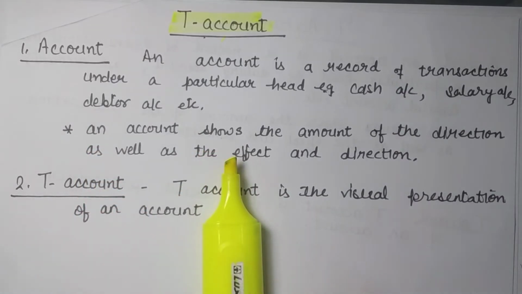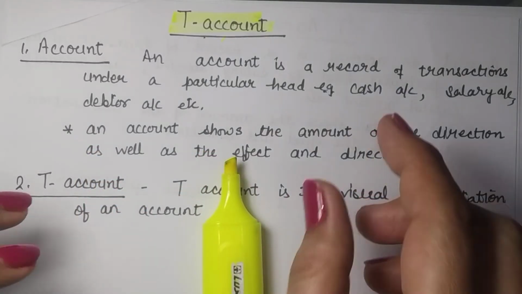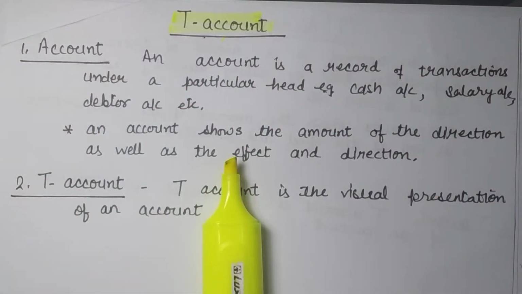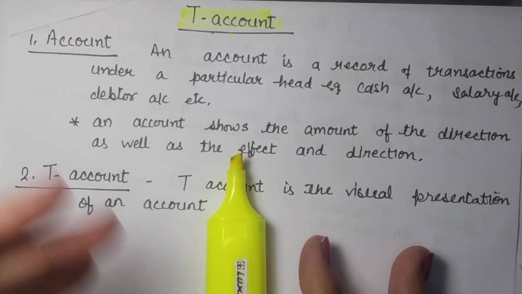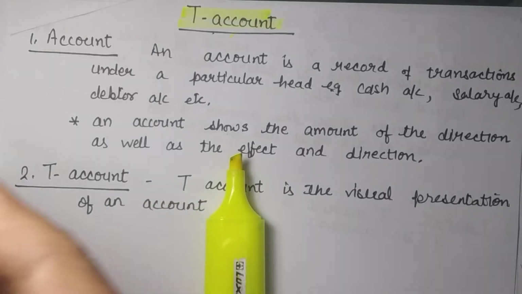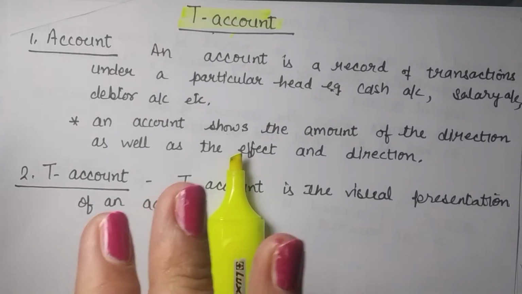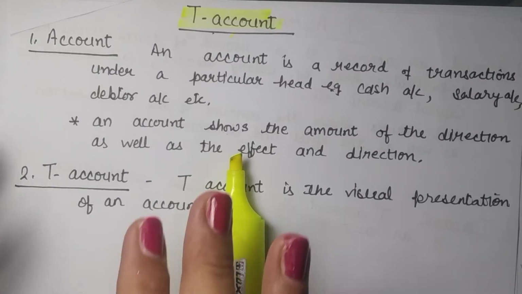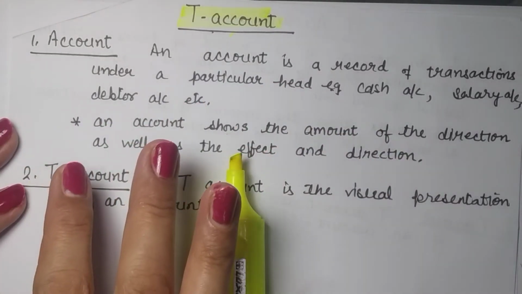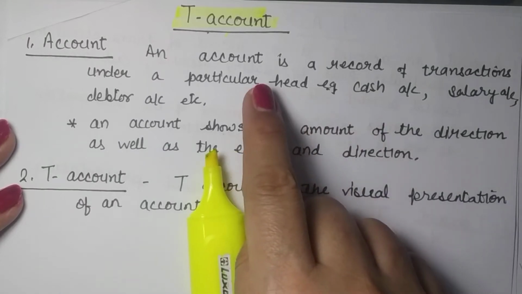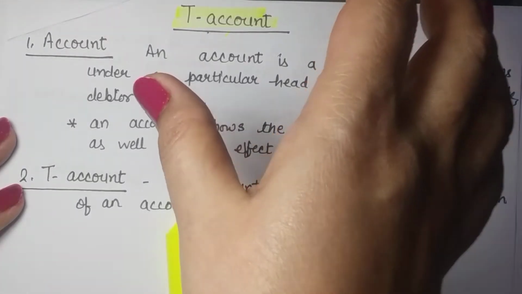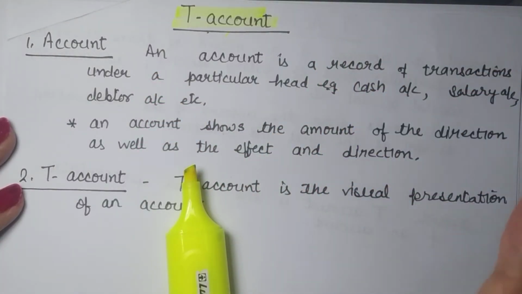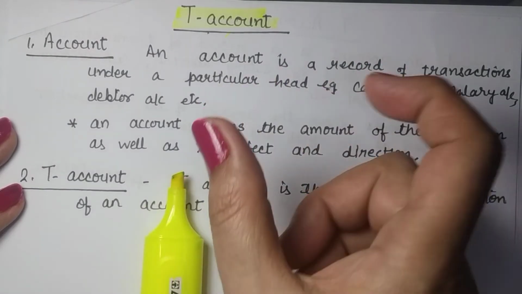So you want to know the balances. Or if you know the balance, like cash account, you can easily check your money. You know the balance, but you do not remember where the money is spent. So are you going to go through all the hundreds of entries and then see where the money is spent? No. So for its own convenience, a businessman records the transactions and then classifies them. So transactions are classified under different headings. So for each transaction, we have a different account. So the account is basically a summary or a record of transactions under a heading.